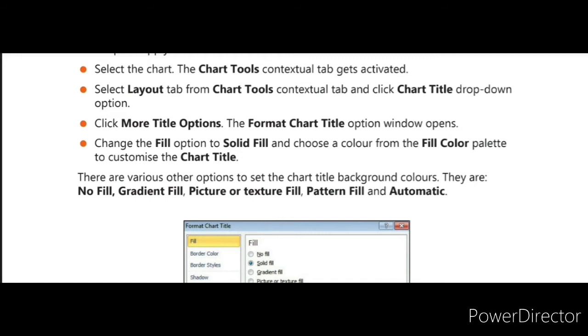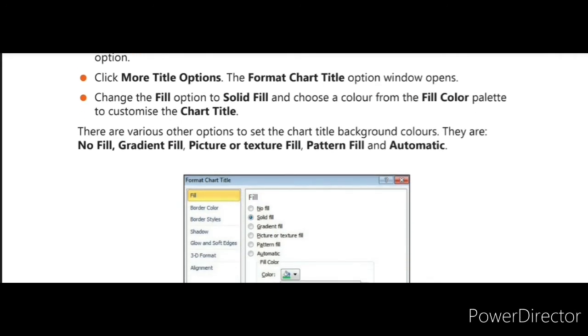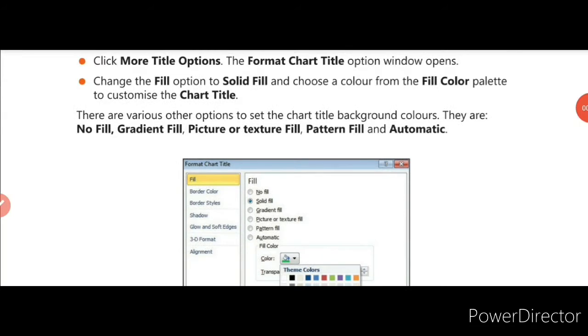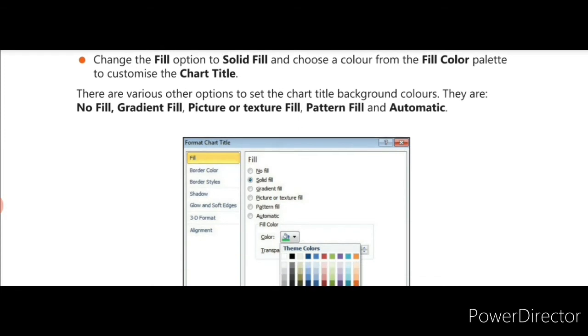Here you need to change the fill option to solid fill and choose a color from the fill color palette to customize the chart title. There are various other options to set the chart title background colors.